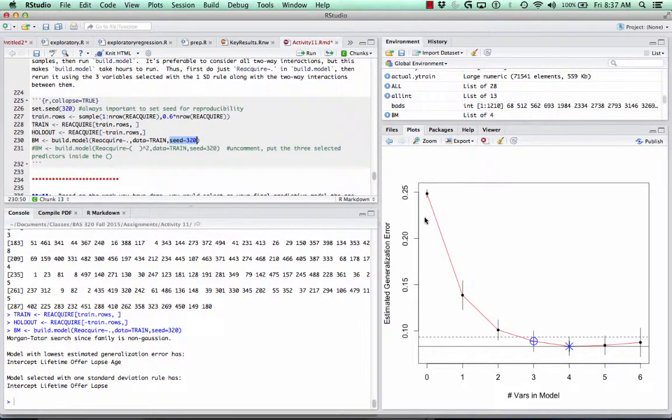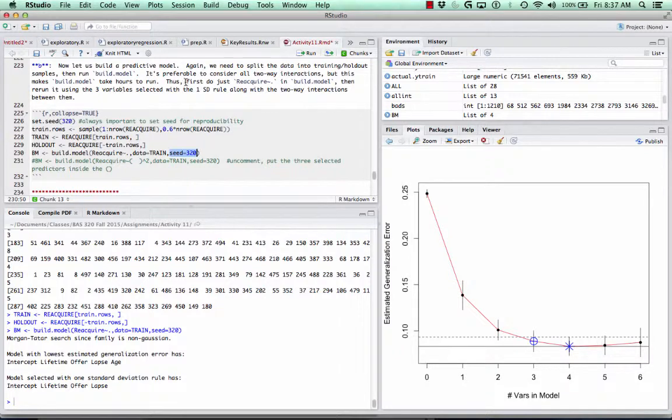Well, we see that as we start adding in predictors to the model, it has a lower and lower estimated generalization error. The model that was found with the lowest error had 4 predictors, but we can get away with a simpler model. Its error is less than 1 standard deviation above the overall lowest, so we could choose this one as well. All right, so what we're going to do is also consider interactions, because very often they do play